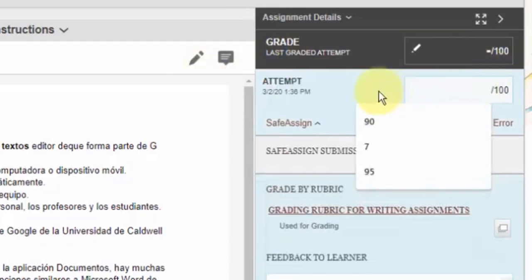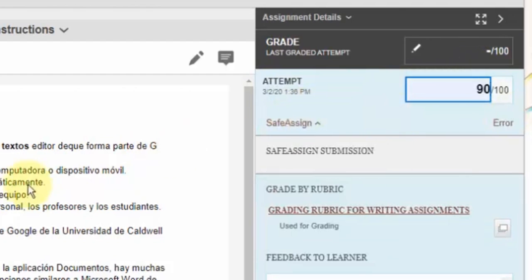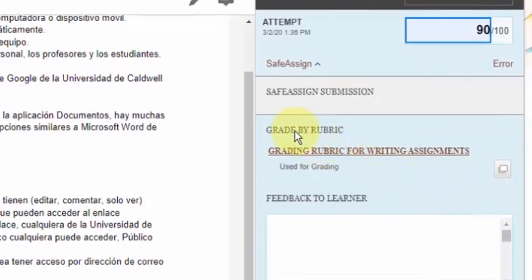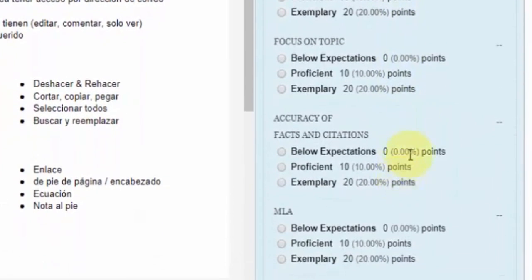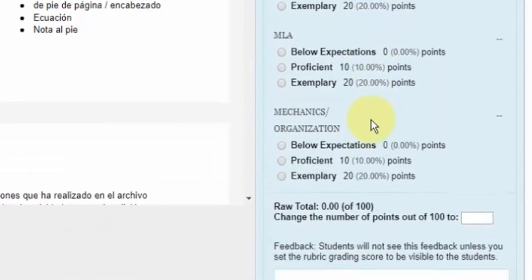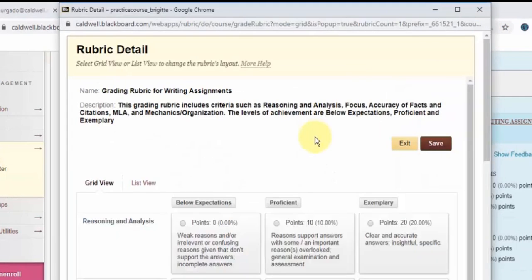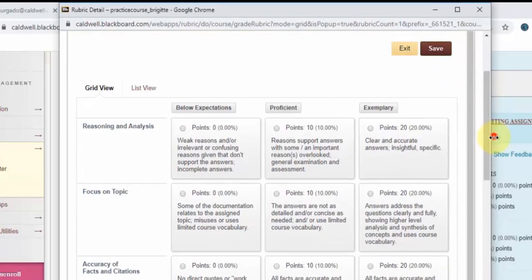Right here in this blue box, you can write exactly what kind of grade they're getting. So I'm going to give this person a 90. Or you can use grade by rubric. This is another option. So when we open this, it lets you know what points or reasoning you can use. It shows you the description. You could put feedback for each section. You can also open this pop-up,